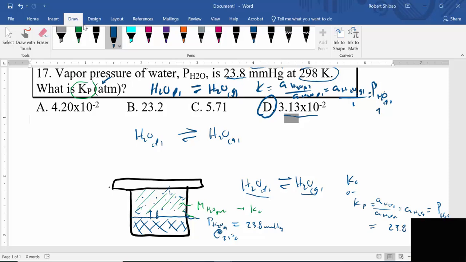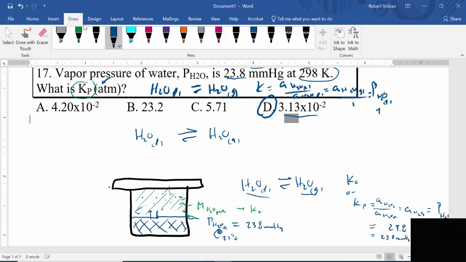We drop the units. But it's weird, because Ks are dimensionless, there are no units, but we have to keep track of the units because the K value is going to change depending on the units. So this is in torr or millimeters of mercury, but we don't include it there. This is millimeters of mercury or torr, which is equivalent to 23.8 millimeters of mercury divided by,